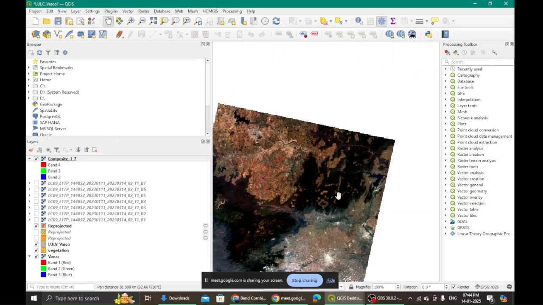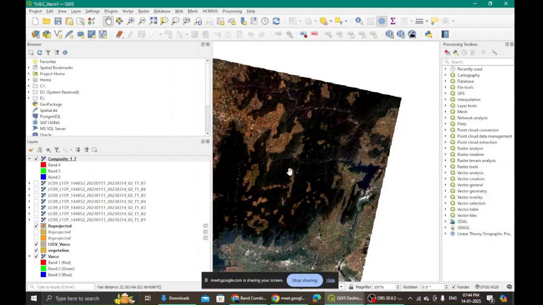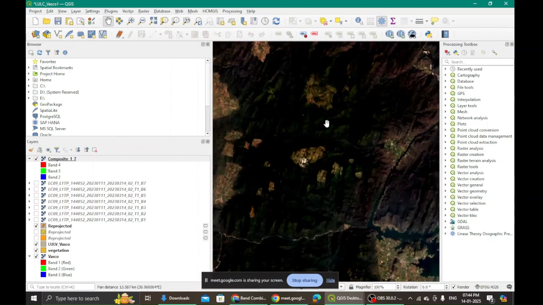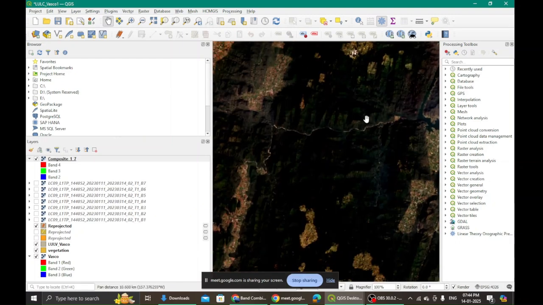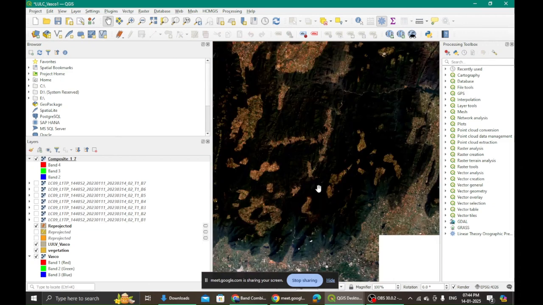One more thing to notice here is also these patches. So if any of you is from earth science, then you can tell me why this must be such. Like right in the middle of this mountain, what do we see? We see small patches, right? So one can tell us why this is such.